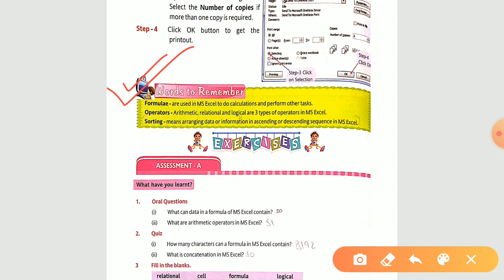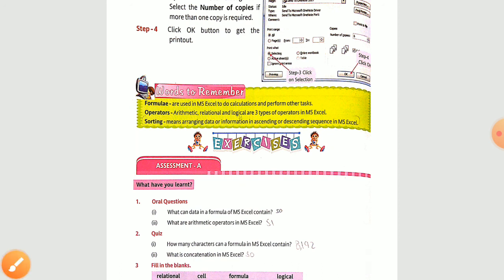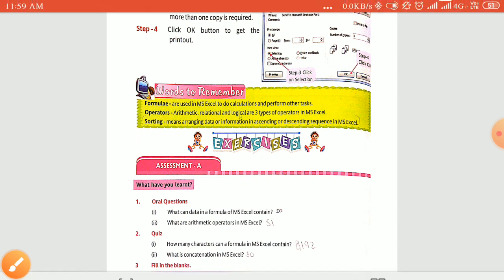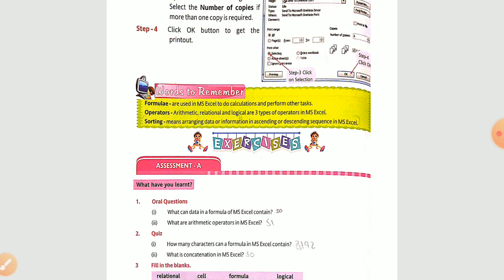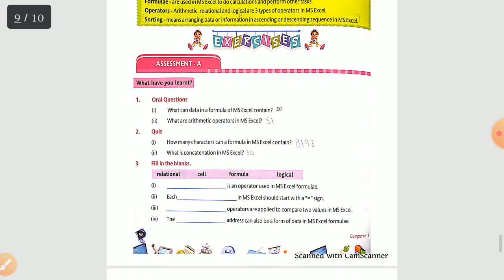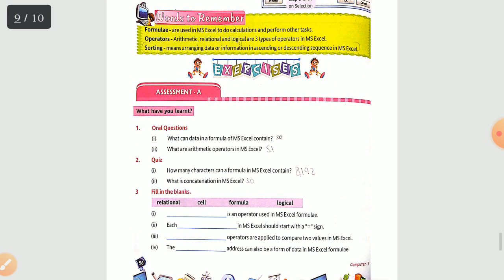Now what is your work? Your work is to read out the chapter and to point out your doubts and write to me in the comment section below, or you can directly come into the live class and ask me your doubts. Fine, so the exercise we will cover in the next video. Now this is it for this one. Thank you so much.